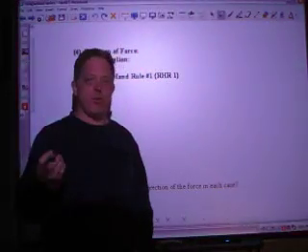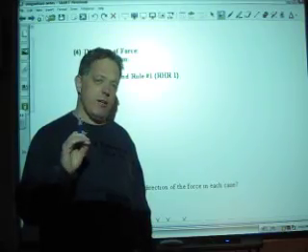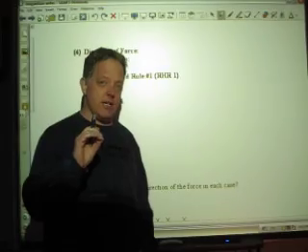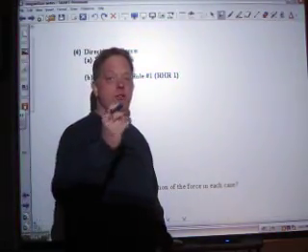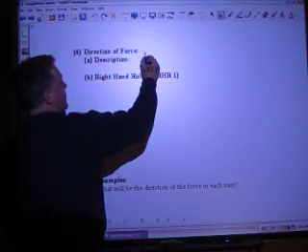We've been talking about the force on a charged particle moving through a magnetic field. And we talked briefly about the direction of the force. And we said it's kind of strange. It's perpendicular to both the motion of the charge and the direction of the magnetic field. I'm going to write that here. The direction of the force